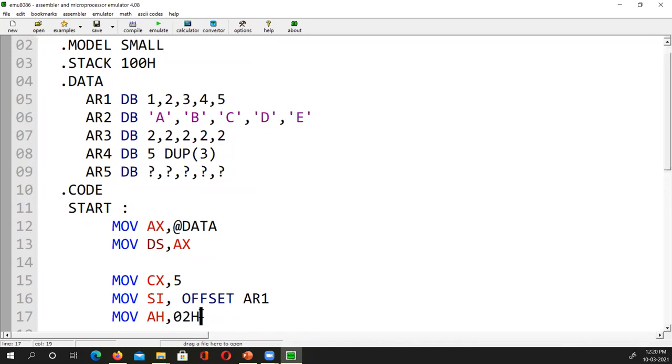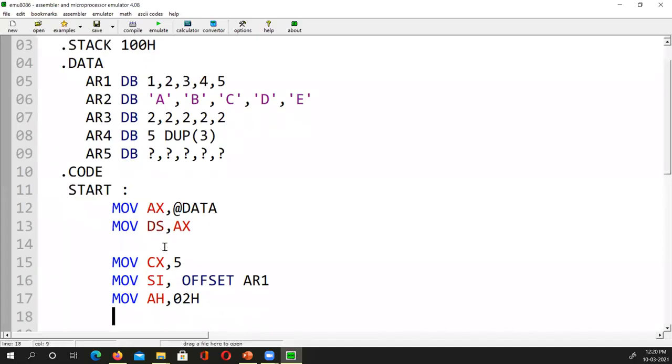If it is a whole string, then the address should be in the DX, not DS, because DS means data segment register, which holds the address of the data segment. We will not change it. This will be for the whole program. DS will hold the address of data segment. Then the DX will hold the address of the string and DL will hold that number.